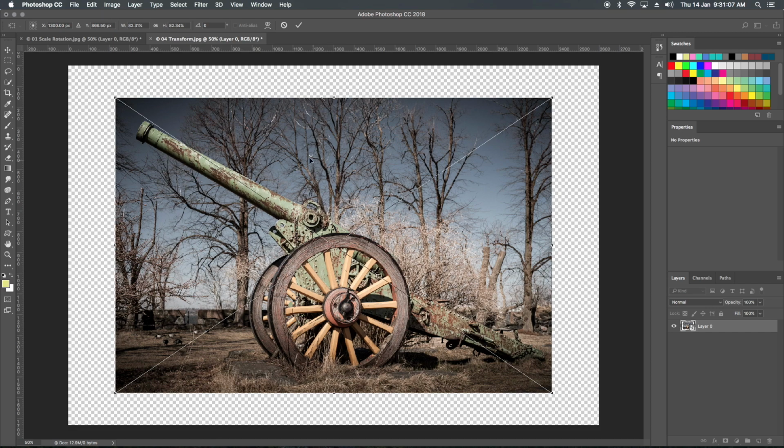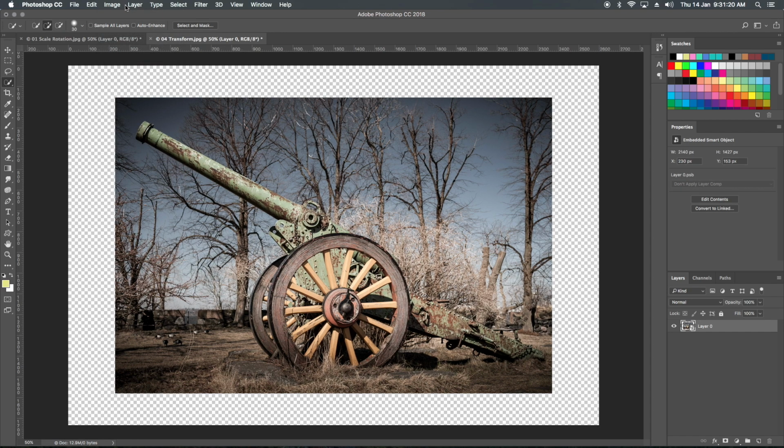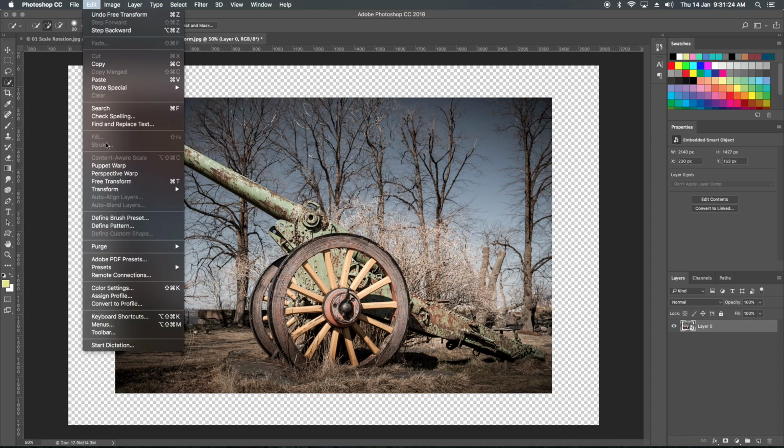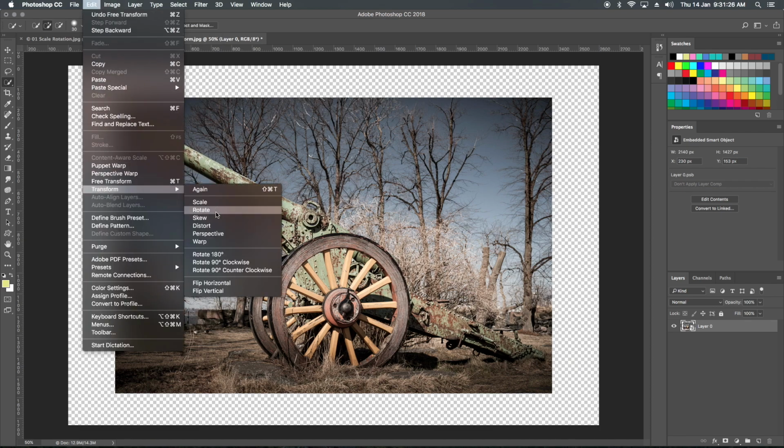Now the next point, if I right click on this, then again I can select scale, rotation, skew, and perspective. I don't have to go to edit and do transform and then go to scale and all.